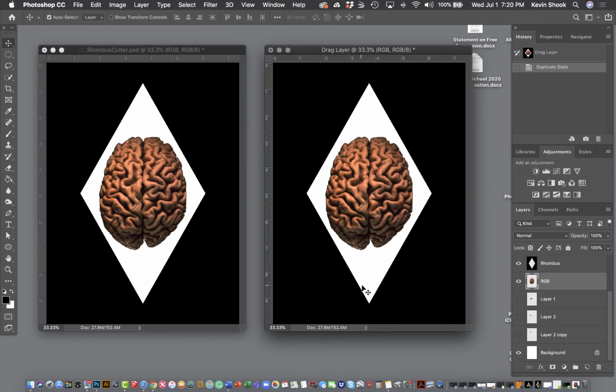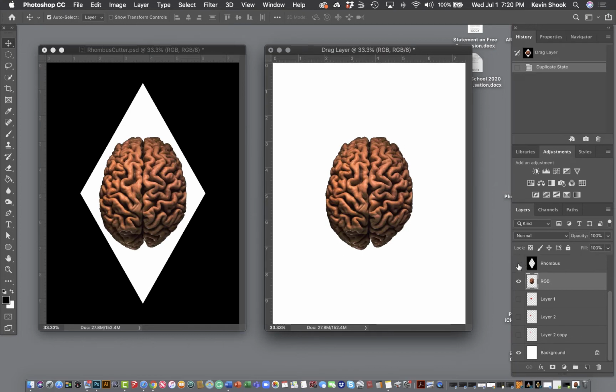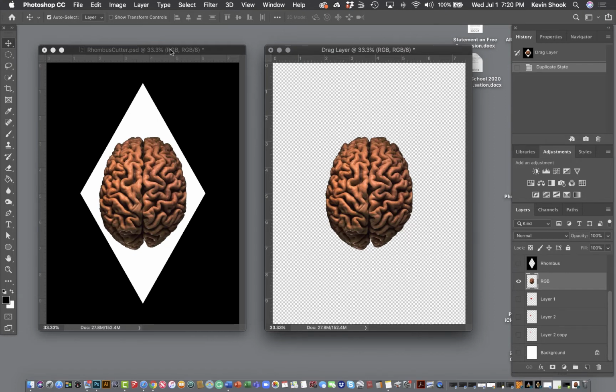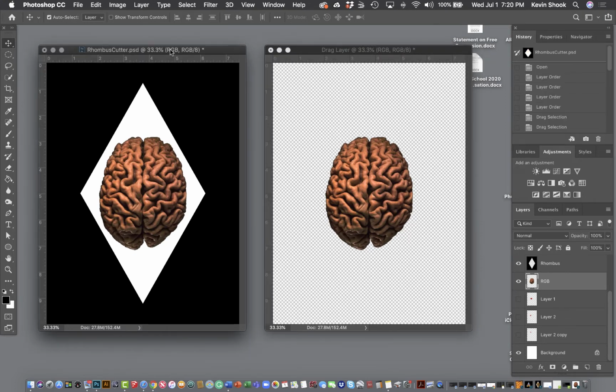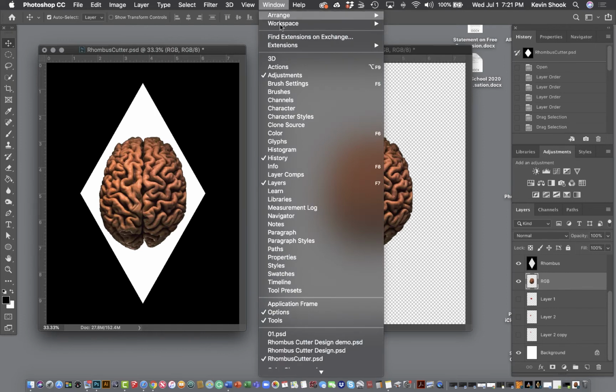We are ready to make this into a duotone. I'm going to turn the rhombus shape off. And before we progress any further, I am going to decide what color I want to manipulate within this duotone. One of the things you may want to decide is, well, what system is this going to be? What color choices am I going to make? There are different ways we can go about doing that. I can come over here to my window and